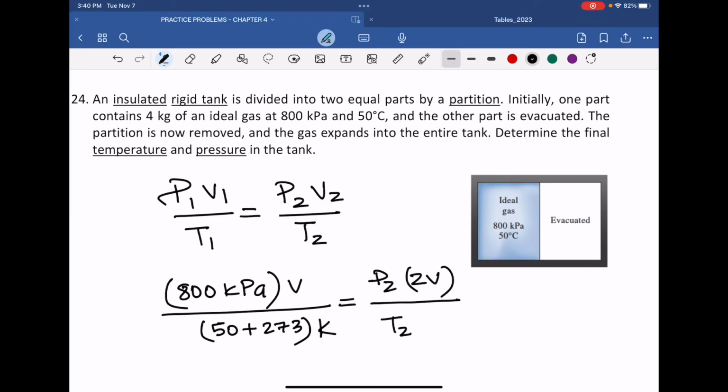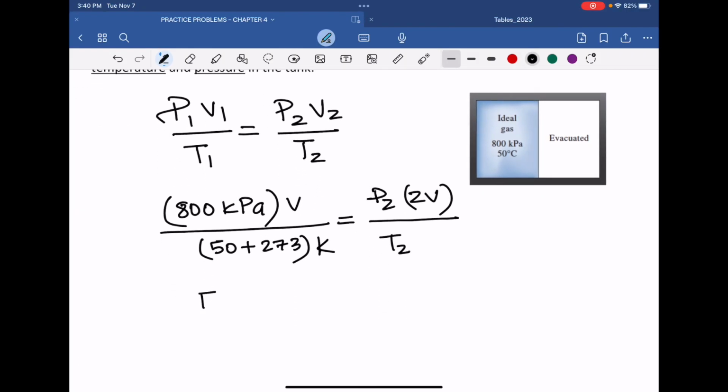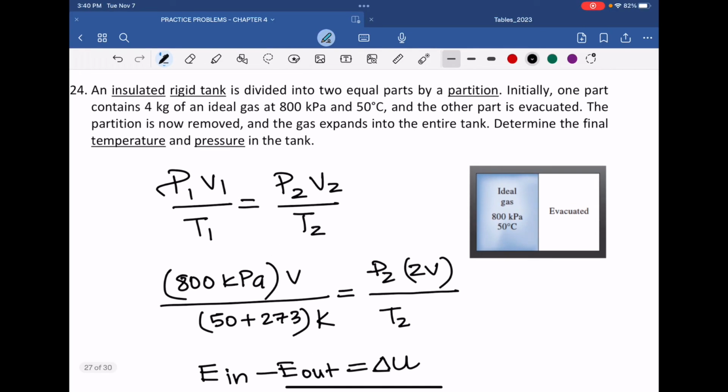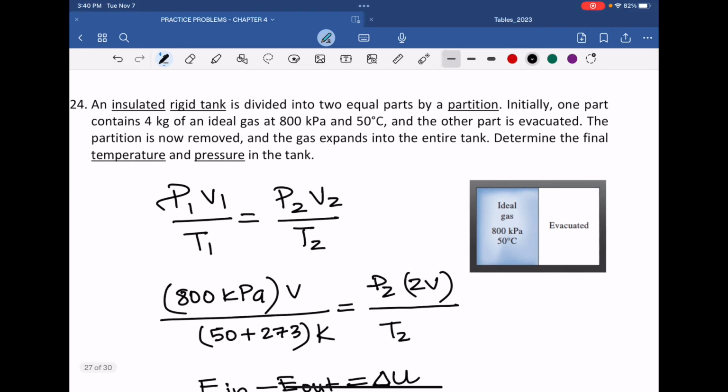So how can I do that? The way to do it is to look at the energy balance. Energy getting in minus energy getting out is the change in the internal energy. Now, there are no energy interactions here. First of all, this is insulated. No heat is getting in or out,